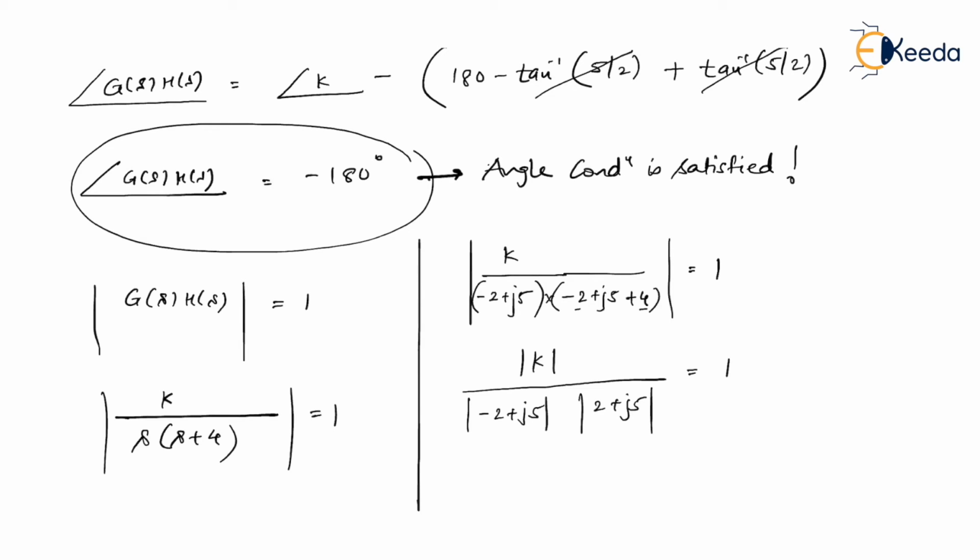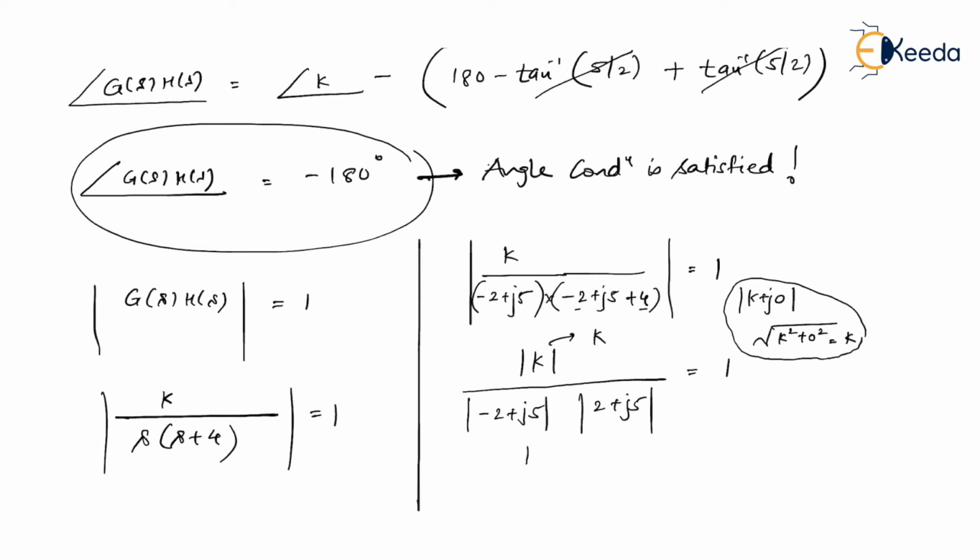So obviously when I take mod of k, it is simply k, isn't it? Generally k is k plus j0, and whenever you take a magnitude of it, it is under root of real part square plus imaginary part square. So ultimately what you get is k. This is how mod of k is equal to k. So this is what I have given you for a reference.